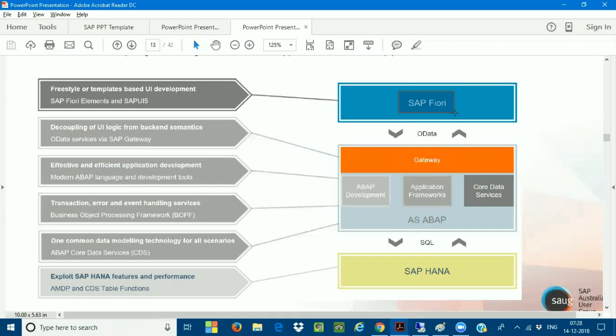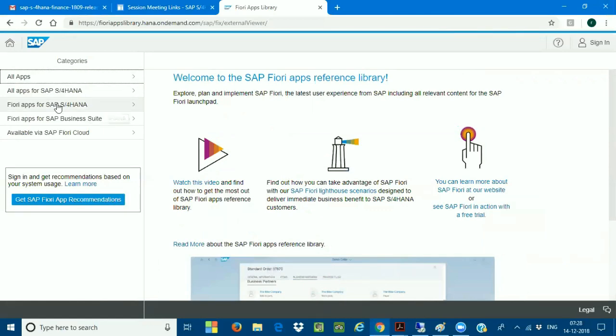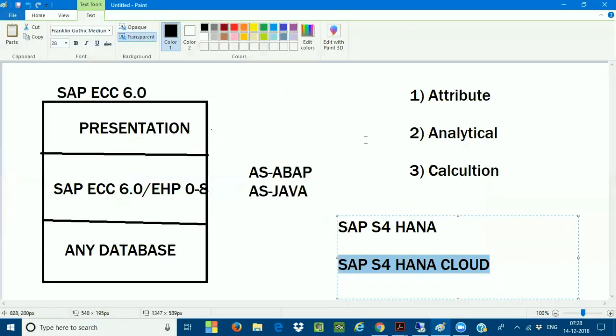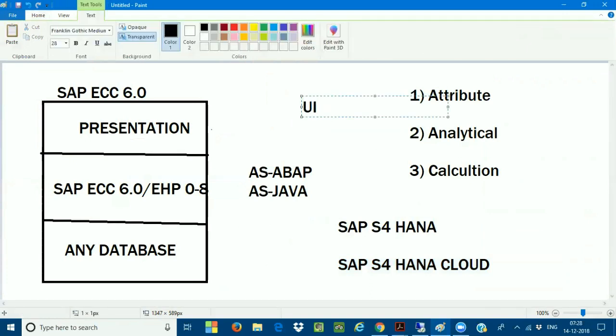Mahesh, I have a question. Please. We just talked about the UI5 consultant. What is the role of a UI5 consultant?